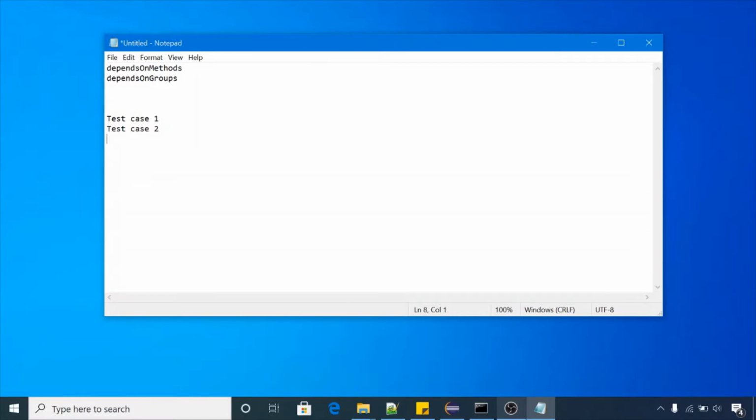Let's take one example. In test case 1, you are just launching a browser. You're creating a driver of Chrome browser, launching the Chrome driver, and launching one website with driver.get stackoverflow.com.